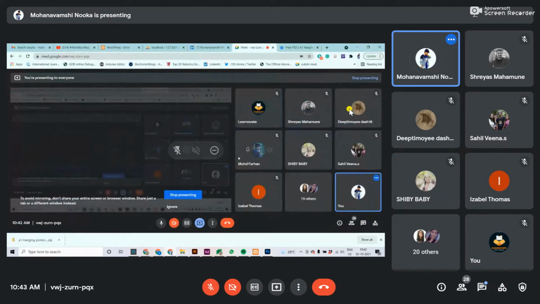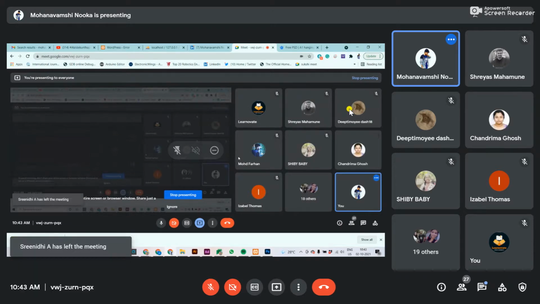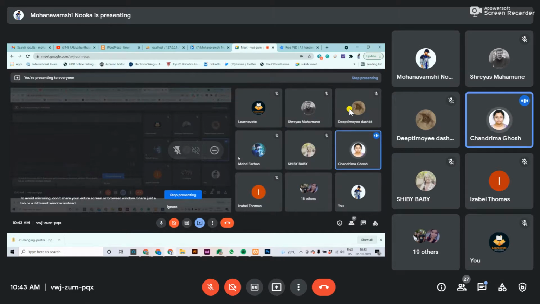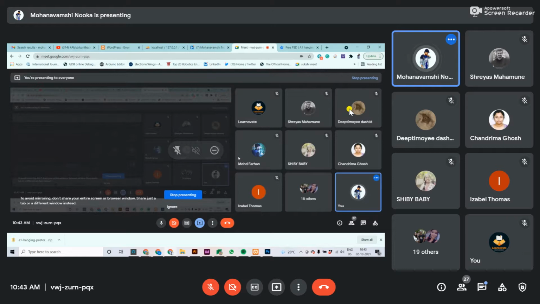Any doubts? Which app should we download? Sorry, which app should we download to do this? You can download free mockup files from Google. Sorry, we cannot hear you. You can download free mockup files using Google.